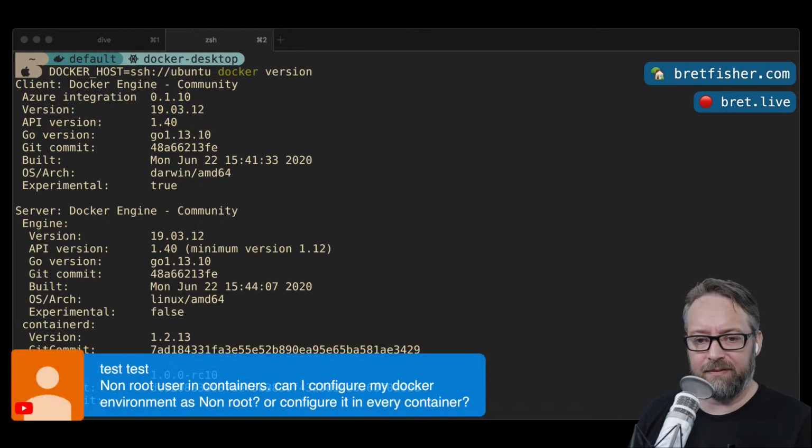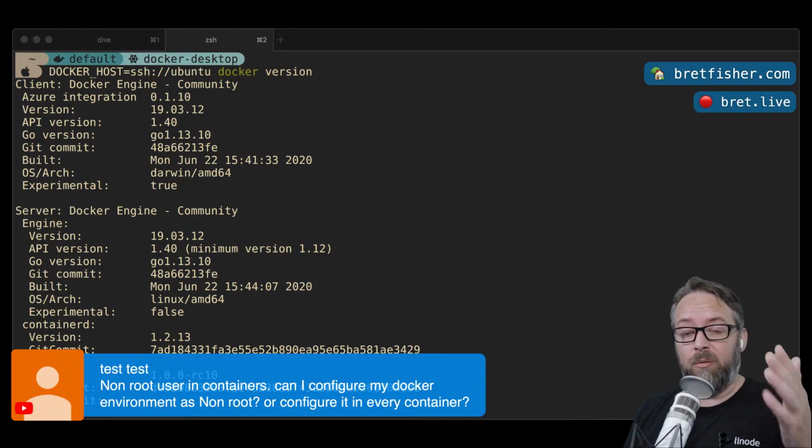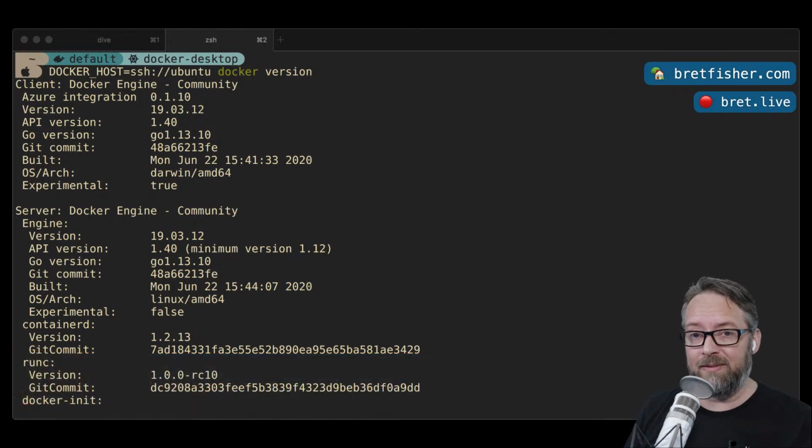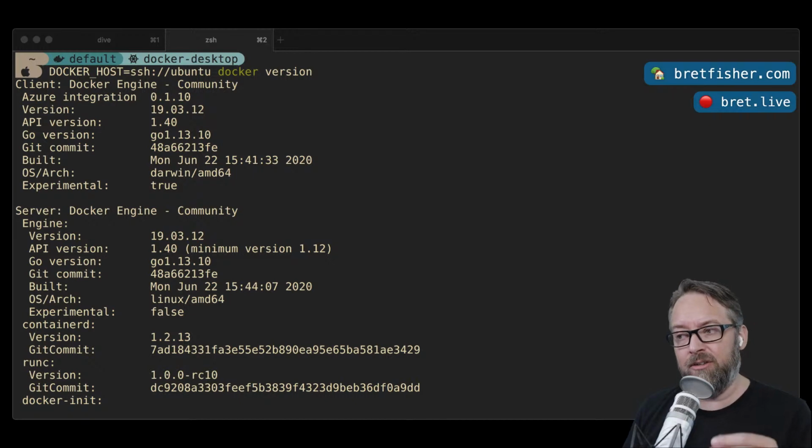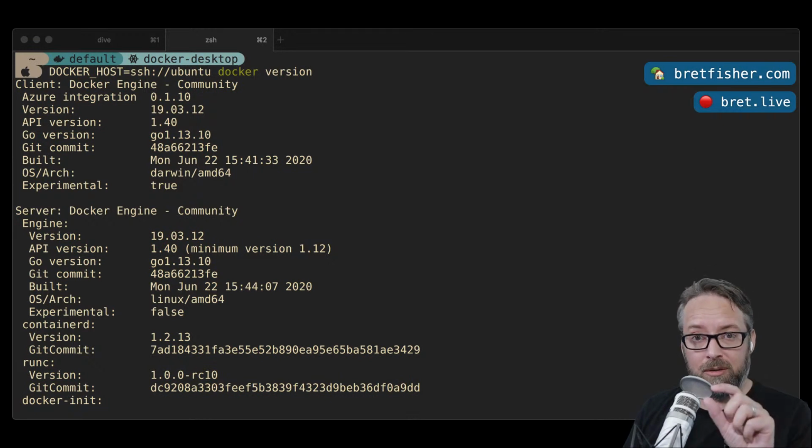Non-root user in containers. Can I configure my Docker environment as non-root? Or configure it in every container? I would say there's a lot of ways to talk about this. Maybe you're talking about running Docker not as root on the host. Maybe you're talking about user namespaces, which is a feature you can enable in Docker. So then the Docker daemon runs as root, but when it spins up containers inside of containerd, it's running those containers as a non-root user. Then there's also inside your Dockerfile, you can use the USER command to change whichever user is running the app in your container. I'm not sure which level you're talking about, but all three